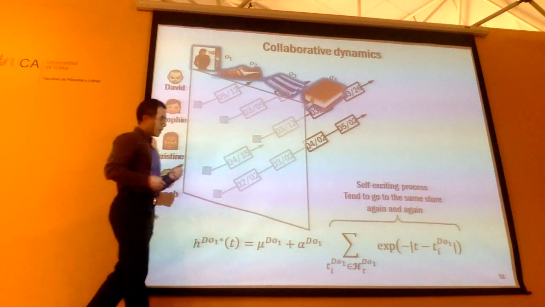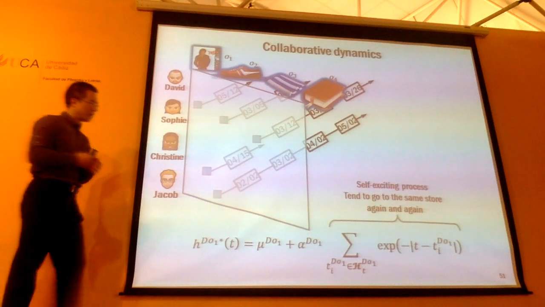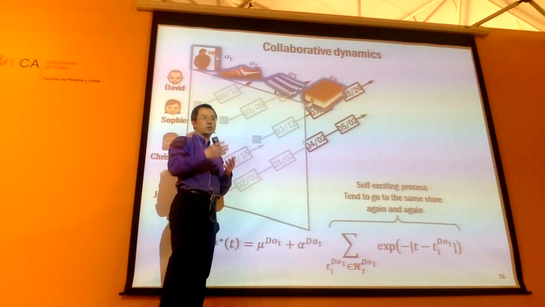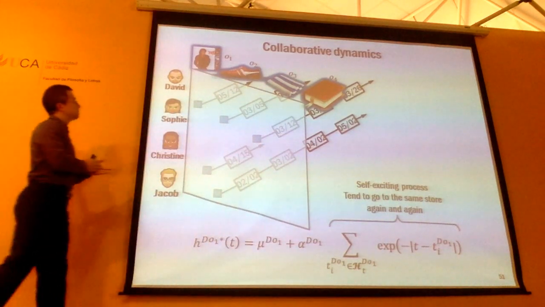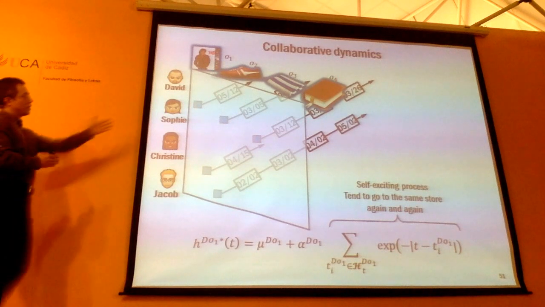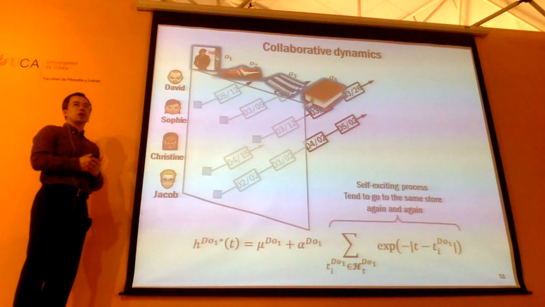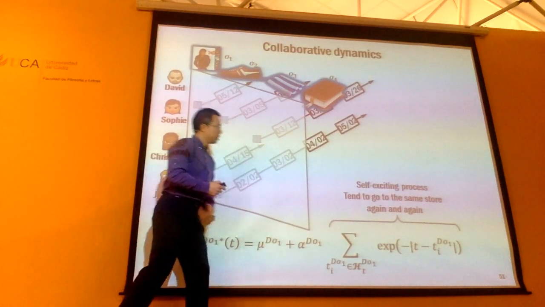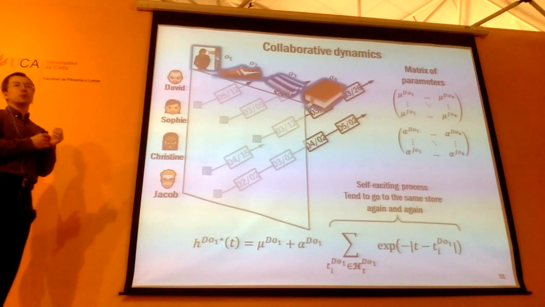So if David buys this particular product or uses this particular service frequently in the recent past, the intensity is going to be high, right? Just use a Hawkes process for each pair of user and product. But now you have a collection of users and products. You just use a matrix of parameters instead of a single number. So you look at all pairs of user and product, and you get this matrix of parameters.